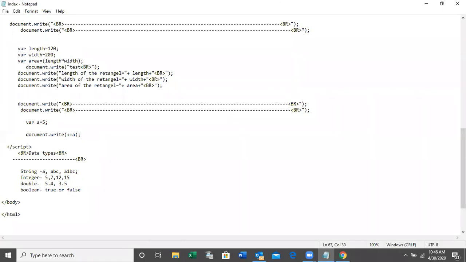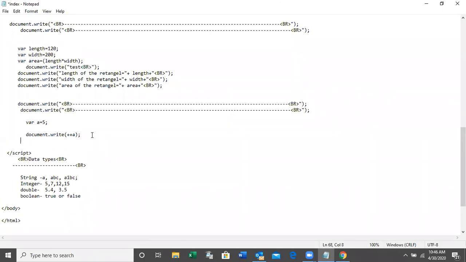And then see here, document.write --a. --a means a minus 1.